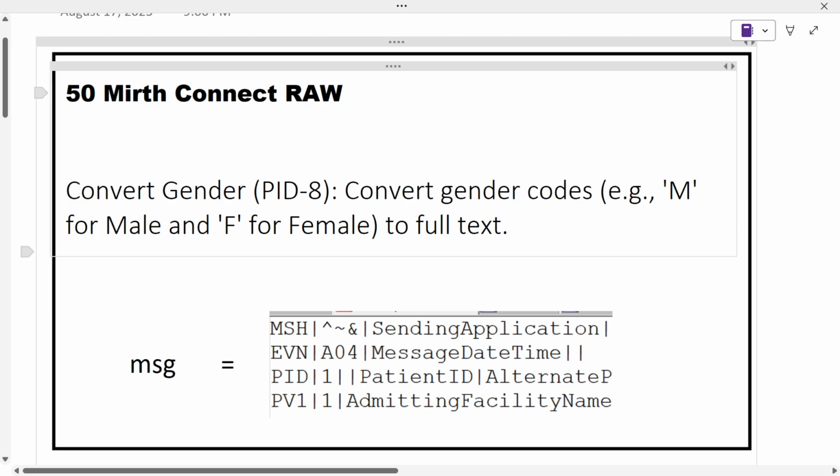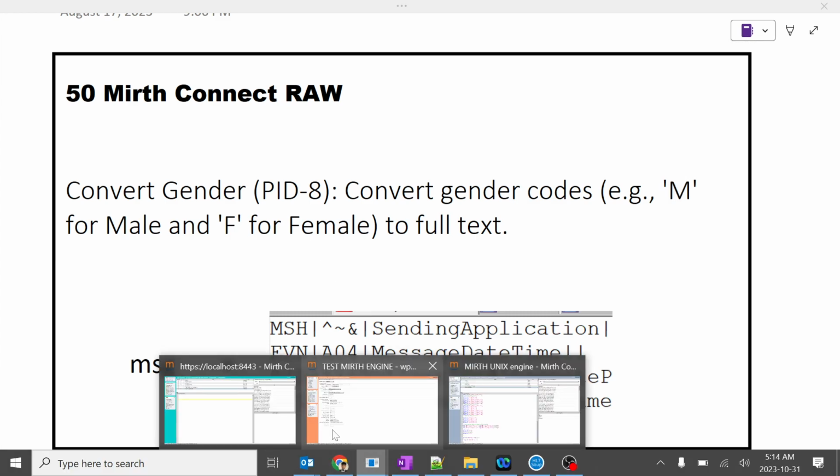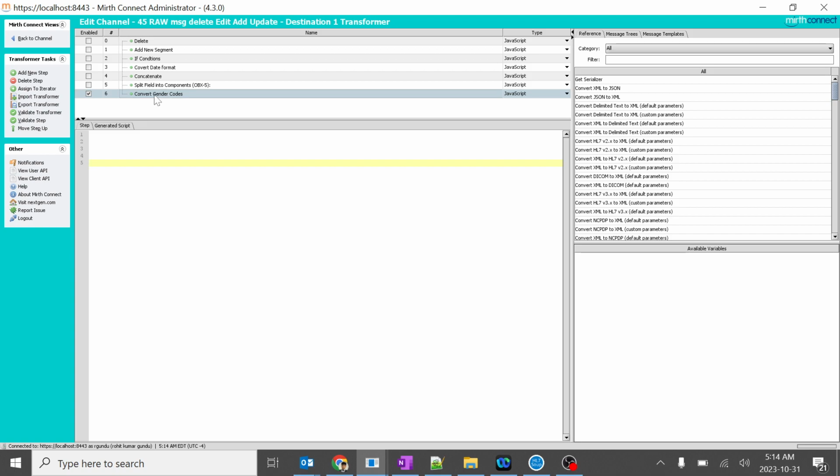This is one basic example of converting the gender codes. For example, we might have the value of M, and we'll be converting it into male and female. So this is very simple, but we'll try to explain it with real-time scenarios if possible. We will go to our Mirth Connect, and I already created the filter with the convert gender codes, and